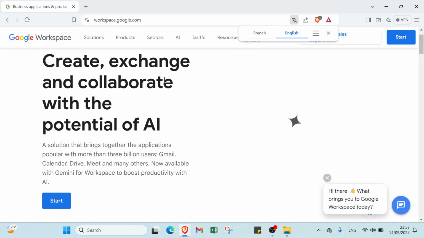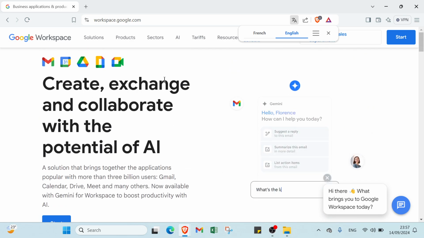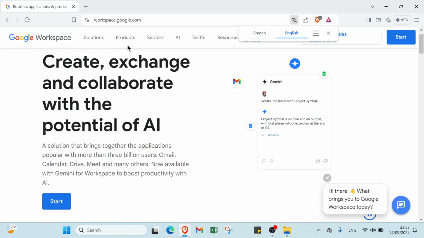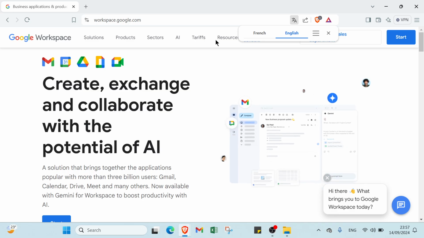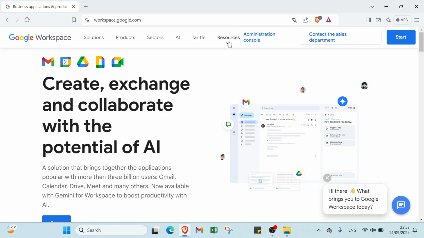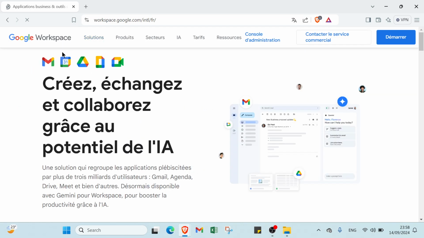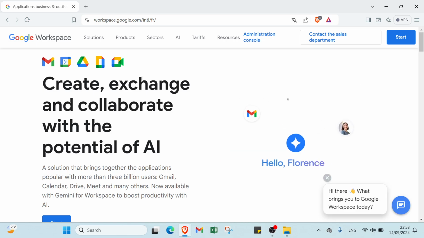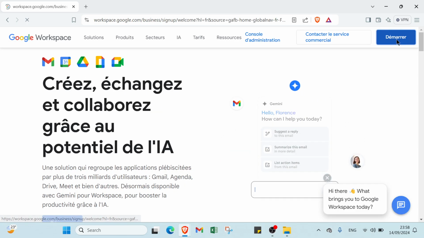So the first thing that you have to do is open your web browser and go to workspace.google.com. You have on the homepage various things like solutions, products, sectors, research, and other things. Then we have create, exchange, and collaborate with the potential of AI. So to get started, you click on start here,